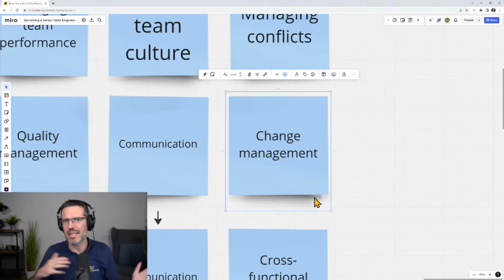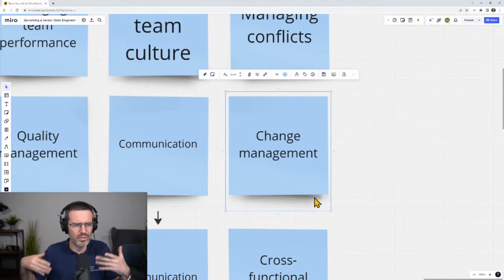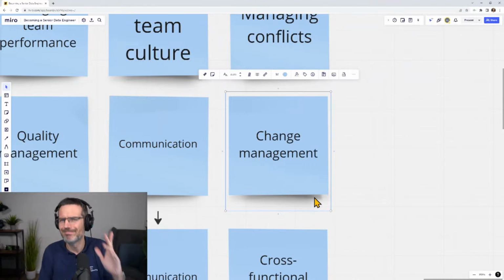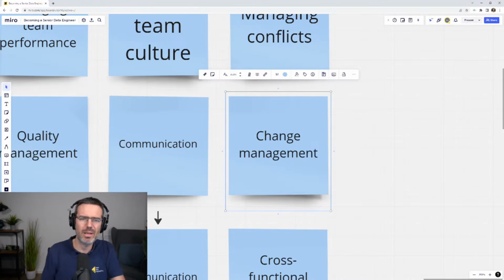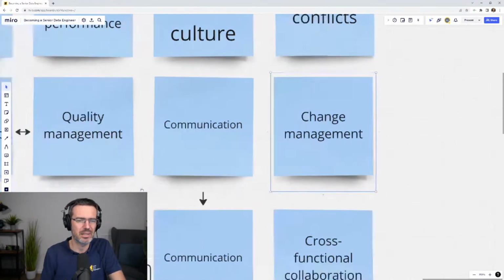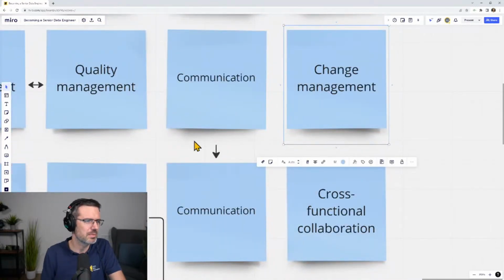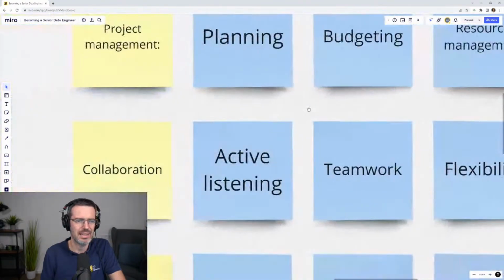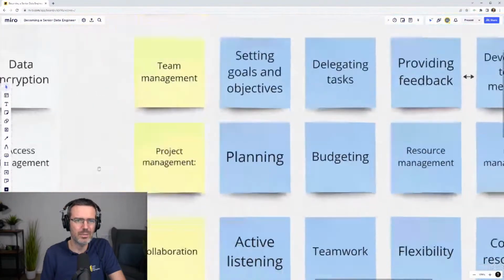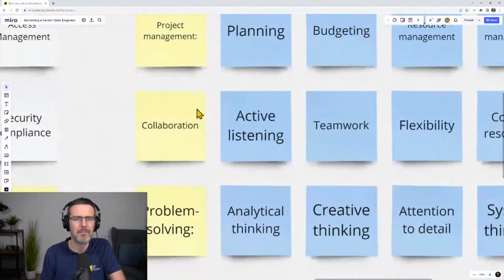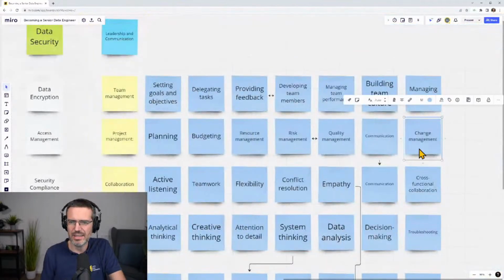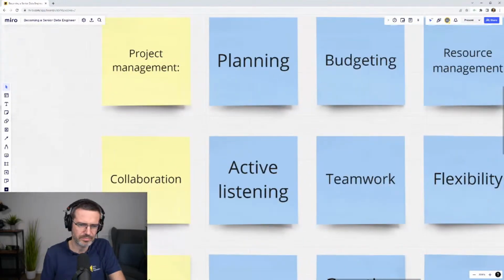Can we realize this? How much longer does this take? Is this even quicker? Does this take more money to figure out and to realize? It's always change management, or managing change, is a big topic. Look here, communication comes back in the next step. So we have team management, project management, collaboration. We already had here communication, which is very closely related to collaboration.